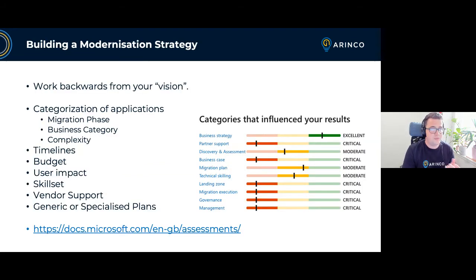When you build a modernization strategy, more often than not, I find it's really useful for organizations to work backwards from their vision. What I mean by that is, figure out where you are now. I'm a company, I've got 100 seats, I've got 5 applications. In a year, I want to be at 200 seats. I've got a data center exit that I must complete. Work out where you're going to be in 1 year, 2 years, 6 months, whatever it is, and then work